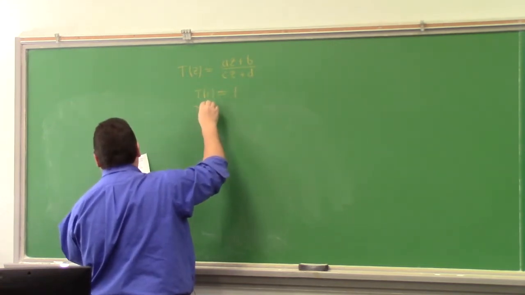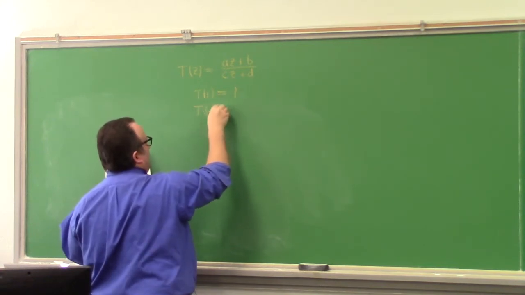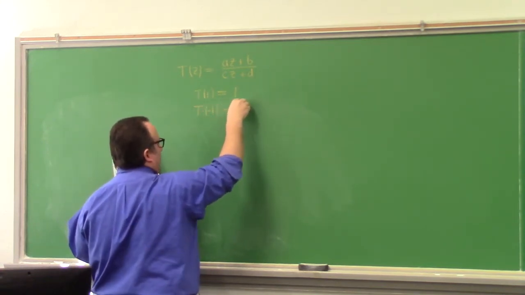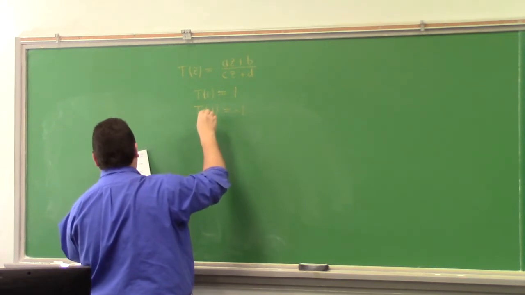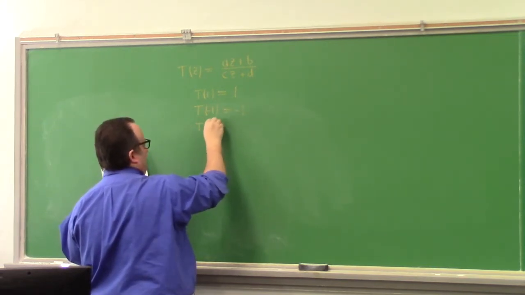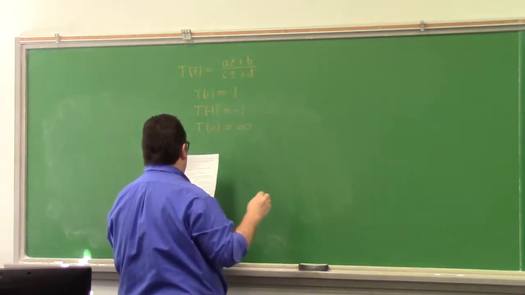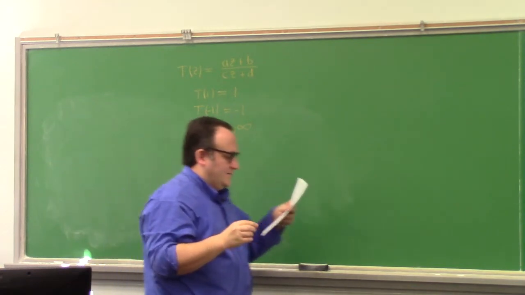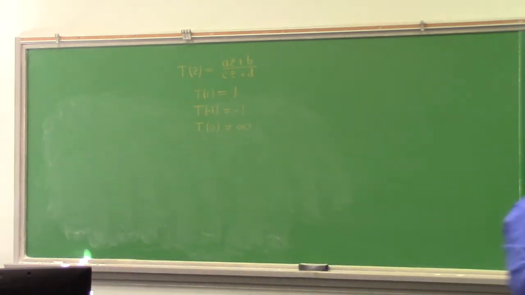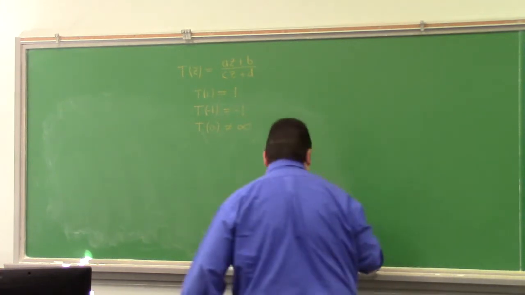Fix -1 as well, right? And what else did we get? We got that T of infinity is not 0, okay? So that's the data which you're given. You're supposed to show that T of z has a particular form, z plus funny letter divided by z times funny letter plus 1, right? And okay, so what we do